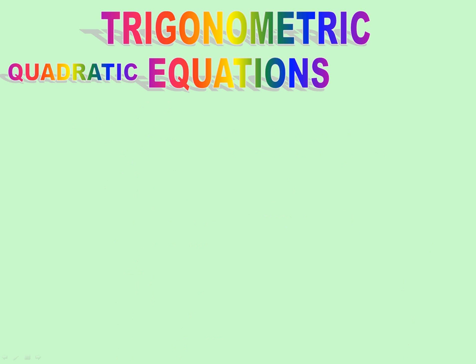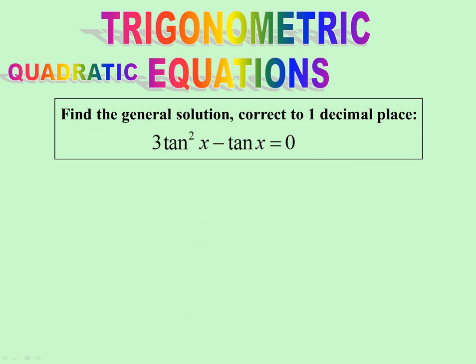That's the reminder. Let's get on to quadratics. There we are. Have a look at this. Remember, a quadratic equation involves squareds, the variable squared and the variable, at least, but usually with a constant. This has 3 tan squared x plus tan x, so therefore tan x is the variable. So therefore I can take out a common factor of tan x, and I'm left with 3 tan x plus